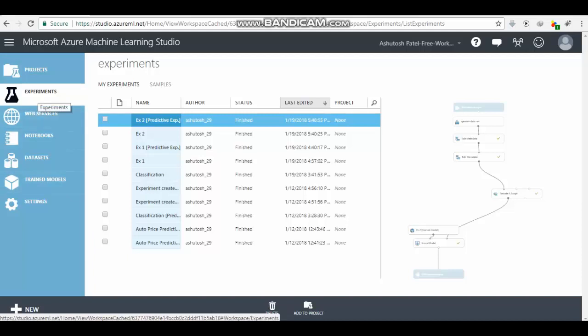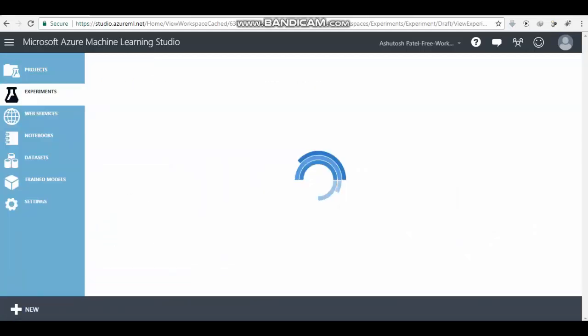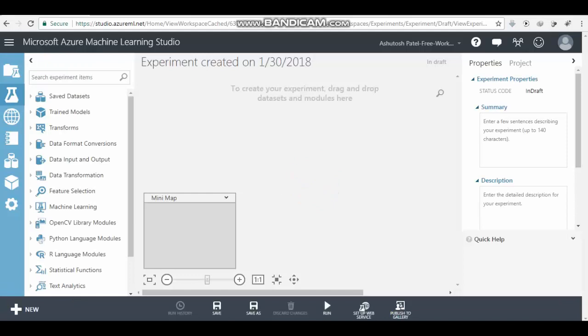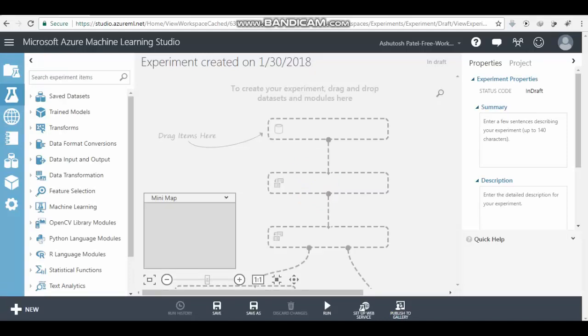This is the experiment tab, and if you want to create a new experiment, okay. Now in the previous tutorial we have taken a sample data set.